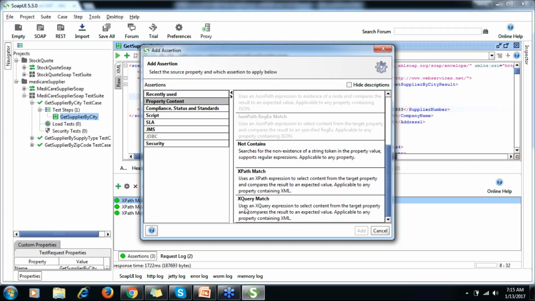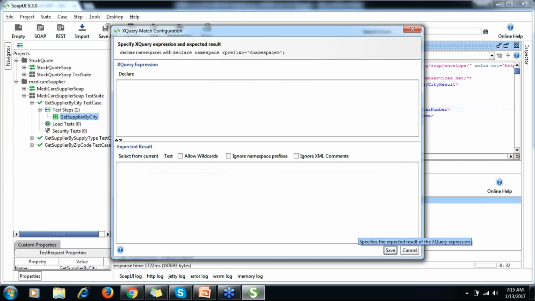It says it uses XQuery expressions to select content from the target property and compares the result to an expected value, applicable to any property containing XML. So let me add one XQuery here.